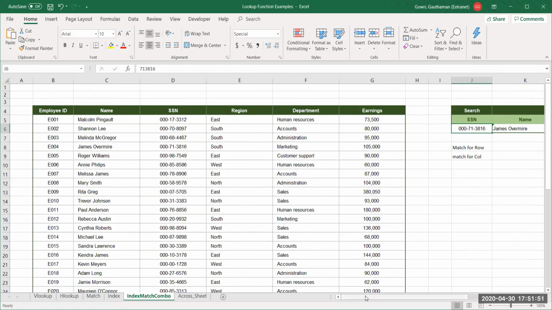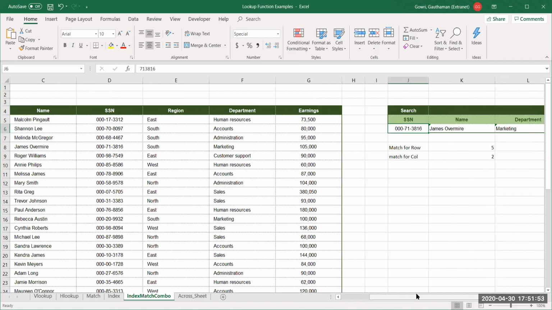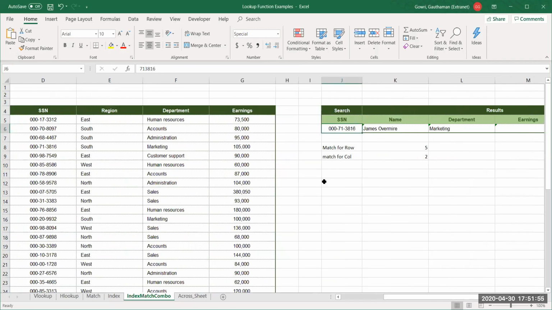Many times when you have huge data, the problem is you might have some extra spaces. Let's say I'll give an extra space here. In this case, it will still give me the result.